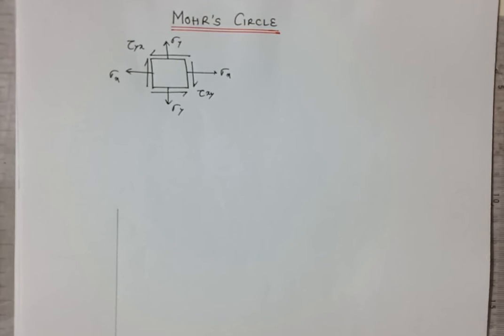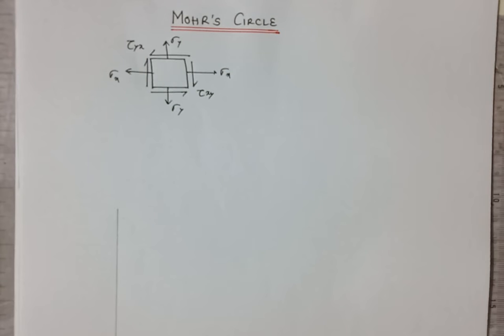Now the same element I also considered for the previous analytical method. Using this, let me show you how to construct a Mohr's circle, and what the salient or important points in Mohr's circle are. Once we discuss this general thing regarding Mohr's circle, in the next session we will be taking up a problem.